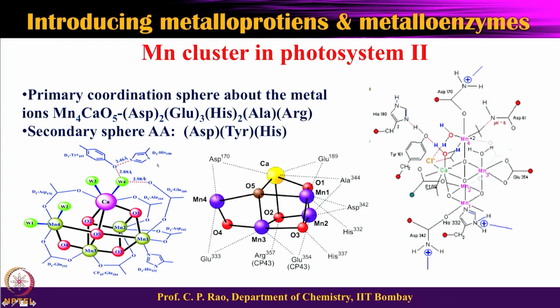Now, let us look very closely at the manganese center. As I told you earlier, it is a tetranuclear manganese cluster along with calcium. Now, there are 5 ions. You can see here the purple ones are manganese 1, manganese 2, manganese 3 and manganese 4, and calcium. Manganese 1, 2, 3 and calcium form a kind of distorted cubane structure where the manganese 4 is